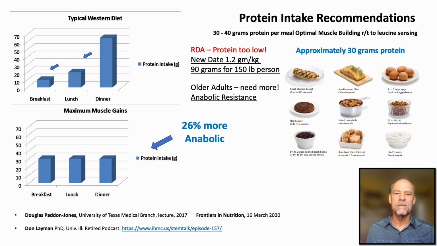And these here are examples of 30 grams of protein. So 4 ounces of fish or poultry or beef. It turns out you need about 5 eggs, because an egg is about 7 grams of protein. You can get it with a certain amount of yogurt, etc. Beans and lentils and things like this can be helpful as well. But it takes a good amount to hit that anabolic threshold to help you build bone and muscle.